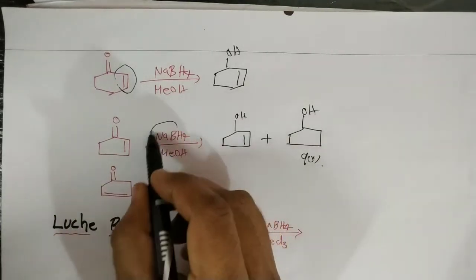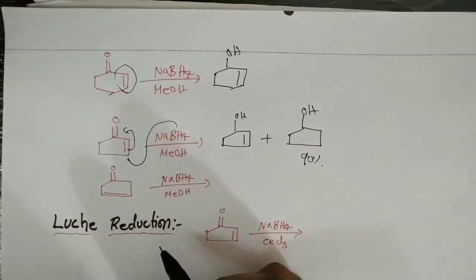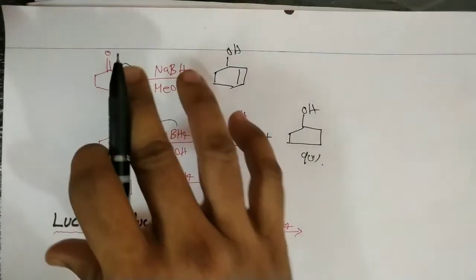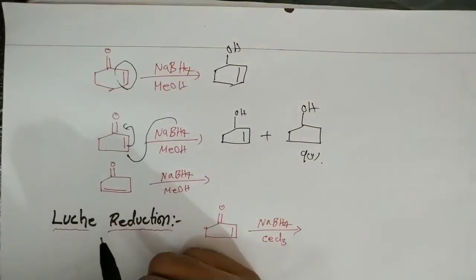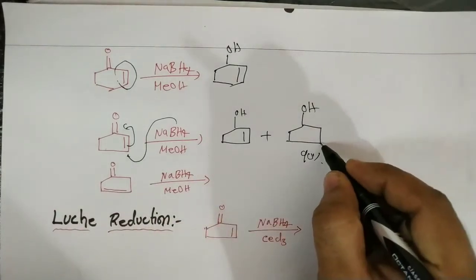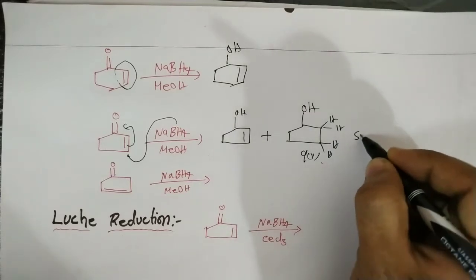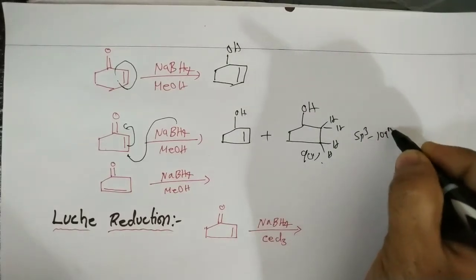Okay, that means here the conjugate addition takes place. Why can the conjugate addition be possible here, and not possible there? Because of the strain of the compound. In this case, this carbon contains two hydrogens, and this carbon contains two hydrogens, so sp3 means 109 degrees